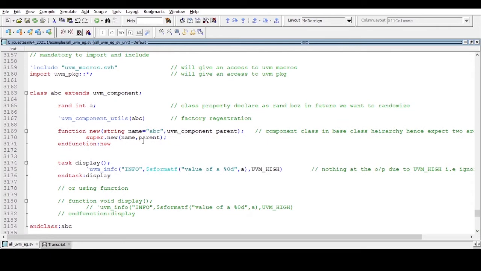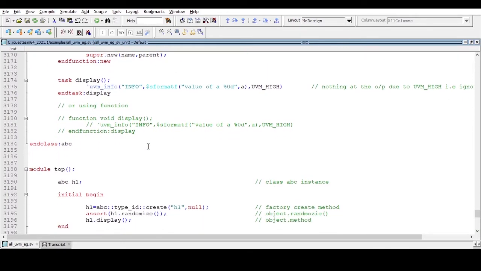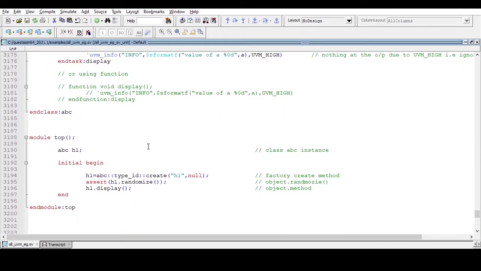First, we will try to run this code without changing the verbosity level, and we will see what output we get. Now see, here in the top module I have declared an instance of the class, and within the initial begin I am just creating that instance, creating the object. We could use the factory's create method, because if we use function new, then factory overriding is not possible.